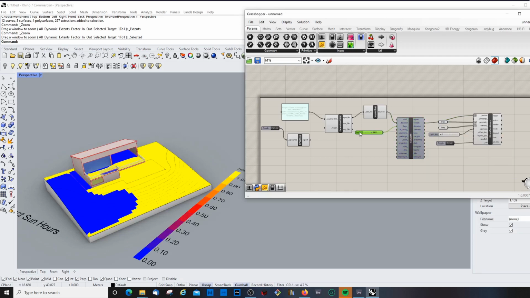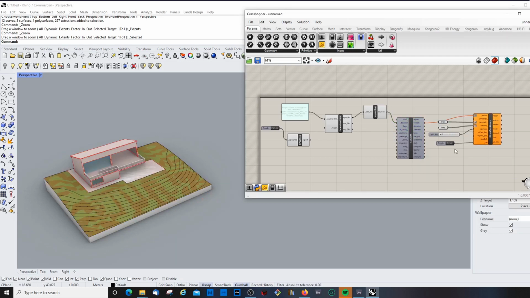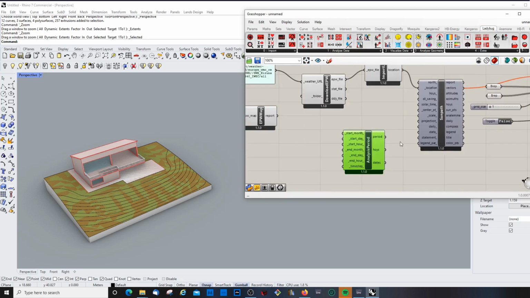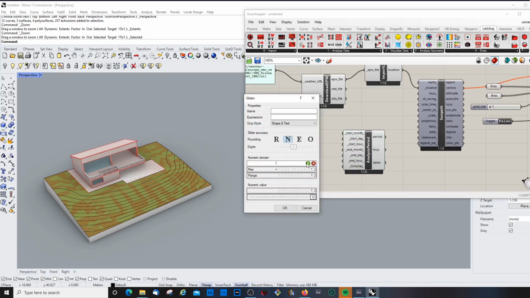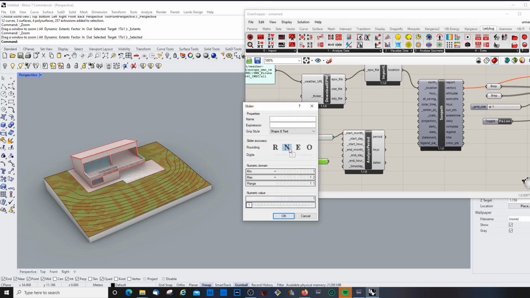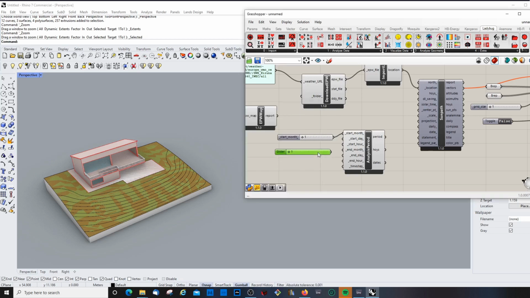Now if we want to analyze a whole period of time, then let's get rid of this. Let's turn this off so it doesn't crash. Ladybug has still its analysis period tool, and in here we can put sliders for month, day and hour, and this goes from 1 to 12. Let's say the start month is 1, and then we create the day, which is 31, from 1 to 31,